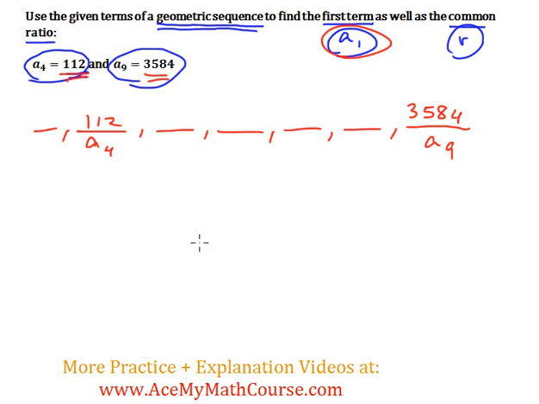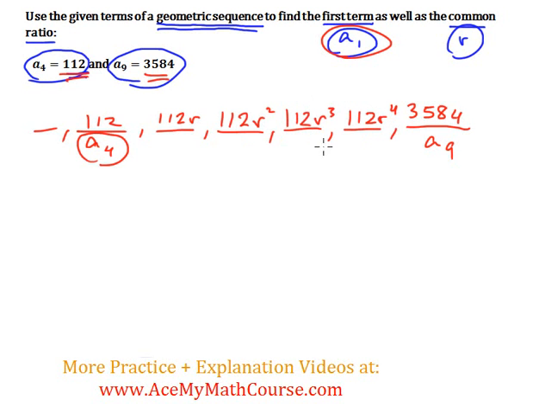Well, look at this. We have a4, right? To find the next term, to find a5, all we need to do is multiply a4 by r, the common ratio. So the next term is just 112 times r. The next term over will be 112r squared. Next term over, 112r cubed. Why r squared? Because we just multiplied r by another r, then another r again,